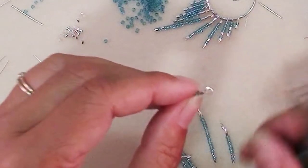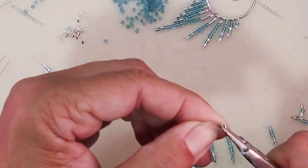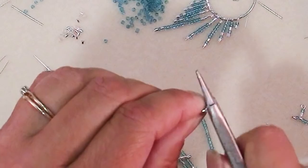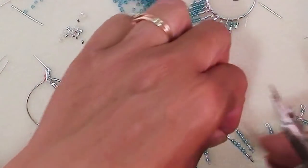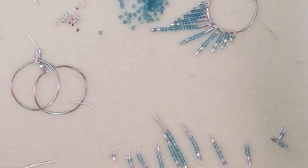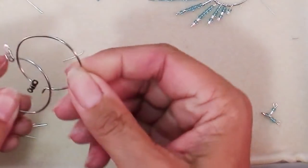Notice when you kink it back a little bit to make the neck, make it centered, sometimes it opens up. It usually will open up a little, so it's kind of a back and forth thing. You kink it back and then you close it and then you kink it back some more. There, so all of my loops are in good shape now, and now it's time to string these onto